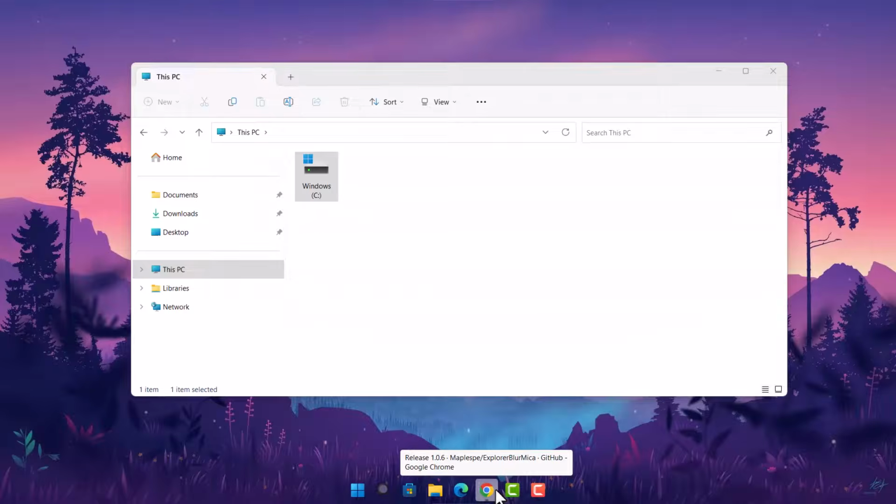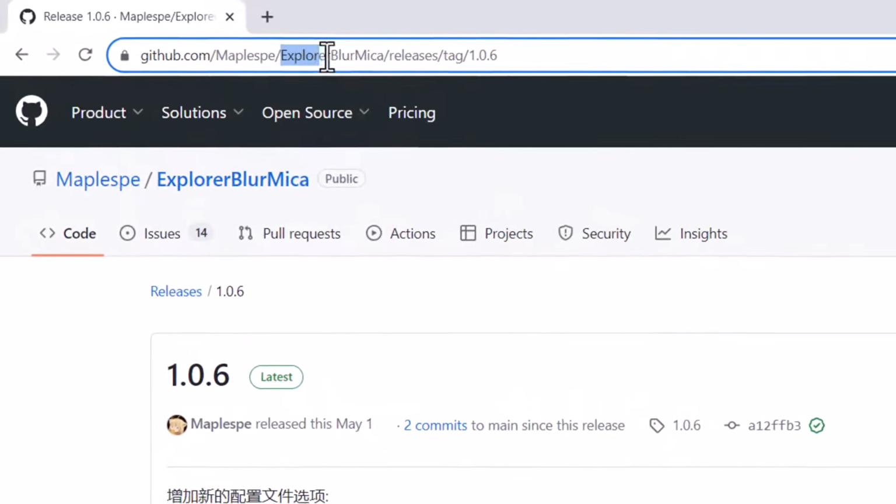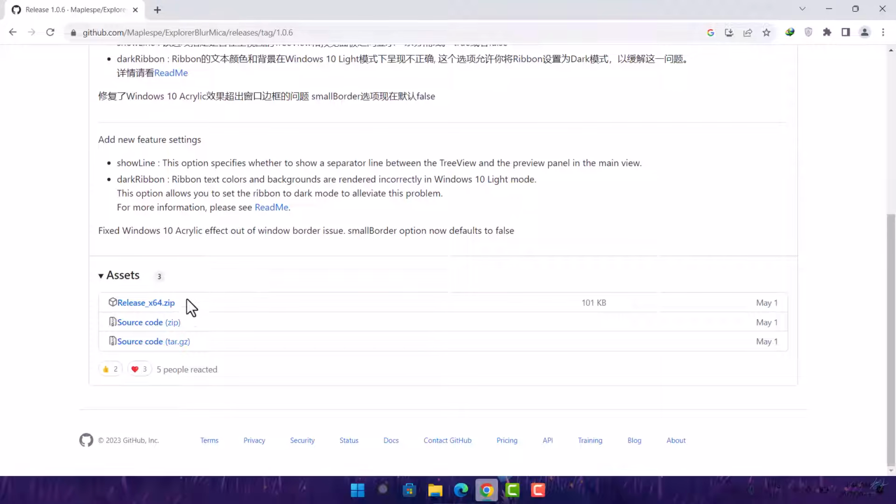Now we proceed to our browser. Here in github.com, we'll be downloading this Explorer Blur Mica. I will be leaving the link in the description for you guys. So here you just want to scroll down all the way. And here, as we can see, we have